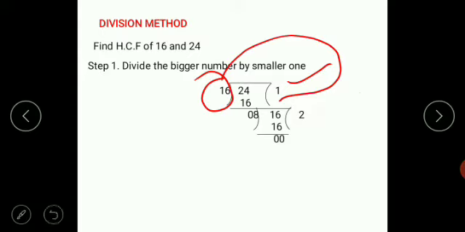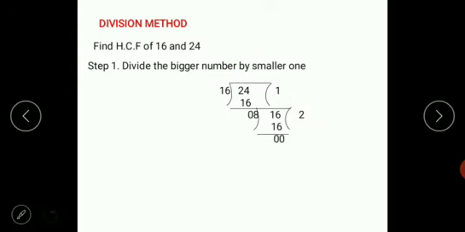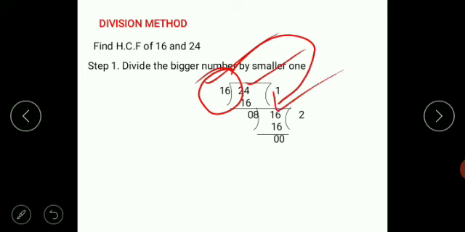Okay. One more time I'll tell. What is the division method? In this you have to divide the bigger number by the smaller one. The bigger number is 24, that you take as the dividend, and 16 is the smaller number, that you take as the divisor. Divide how you normally divide. 16 ones are 16. Subtract. 8 is your remainder now. Now the last divisor is your next dividend. 16 you write in the dividend place, and the remainder you got is your divisor. Now 8 2s are 16. 16 minus 16 is 0.